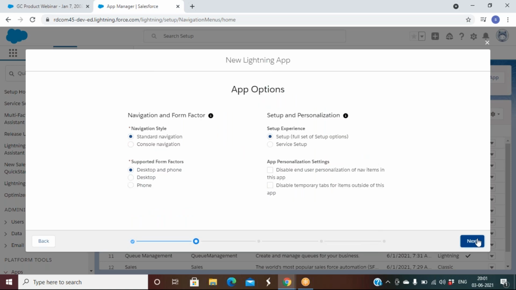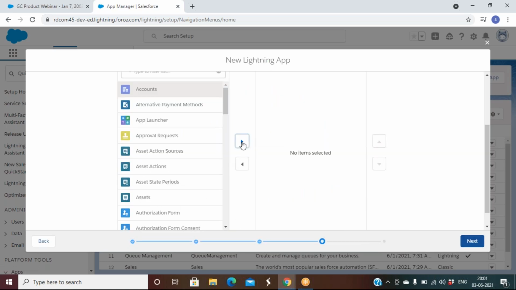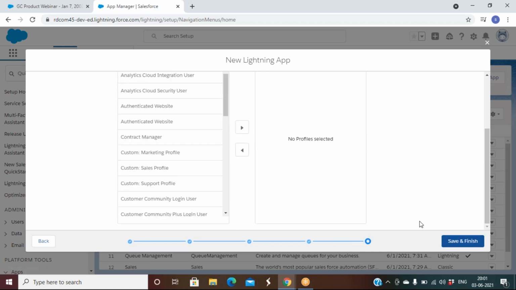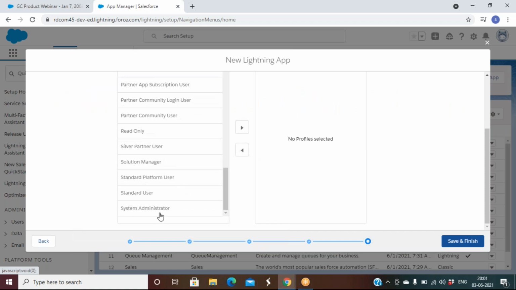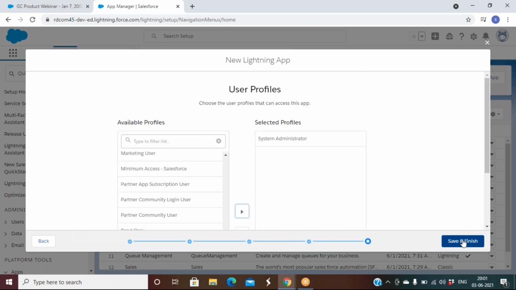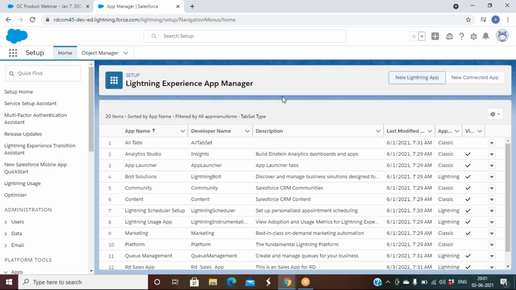Next, next, next. At least add one tab. Next, and then next. Add at least one profile. Select the profile. Add, and then save and finish. Okay. So this is how we can create an app.